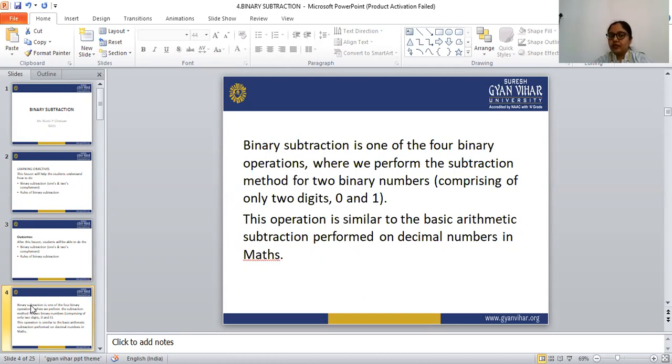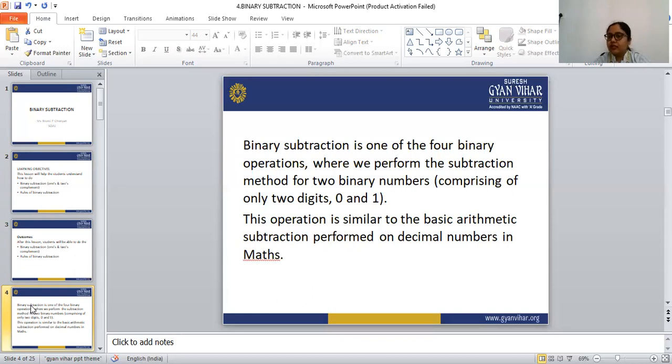In the binary number system there are two digits, 0 and 1, and this system is used in the computer. Whereas 1, 2, 3, 4 are all the decimal number system. The decimal number system we use in our daily life, but the binary number system is used in the computer.